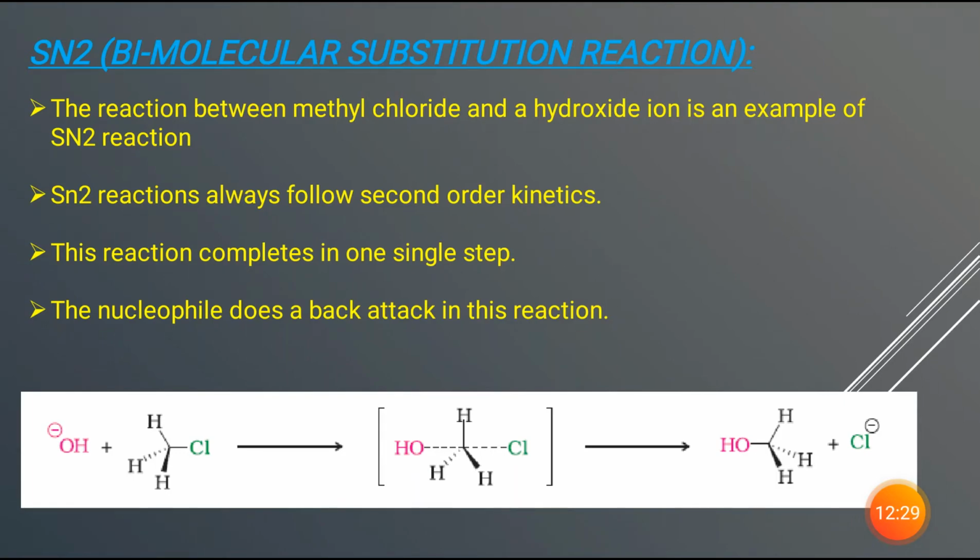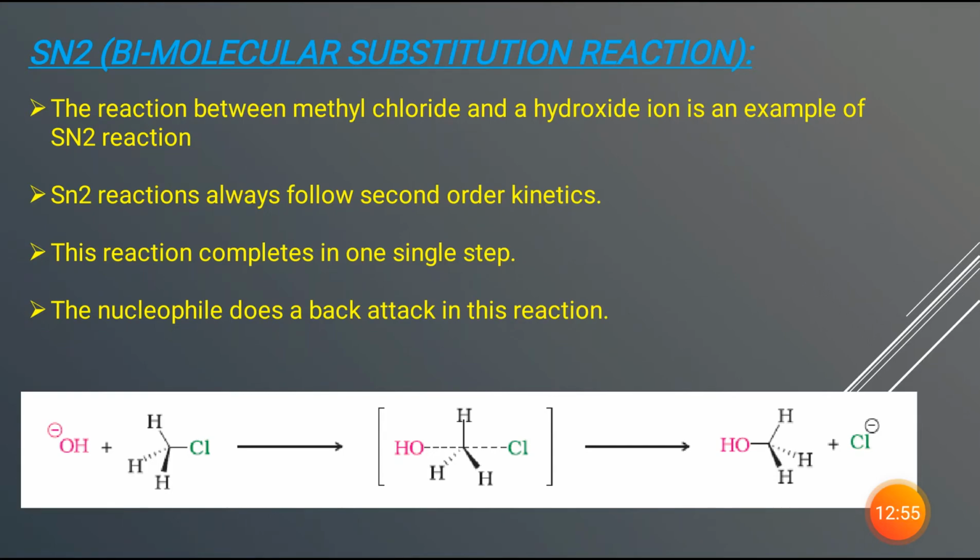This is a most important point as to why. Because here you see the central junction. In CH3Cl there are three hydrogens attached. One is the dashed one going away from the observer, and the wedge one is coming towards us, and there is a chlorine attached. So there is much steric hindrance. Steric hindrance means what? Crowding.